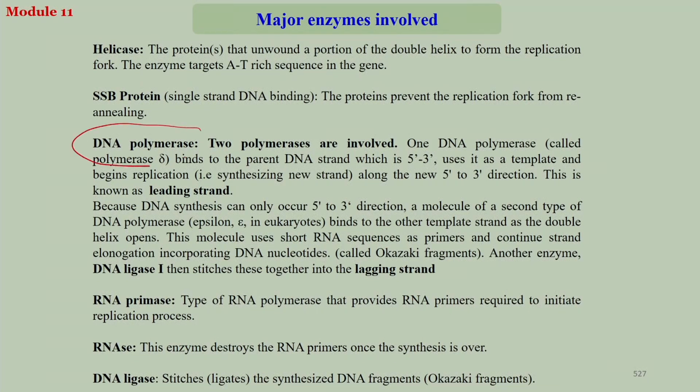The most important enzyme we have talked about was DNA polymerase, and you need 2 kinds of polymerase for DNA replication, one for the 5 prime to 3 prime strand, the leading strand, and the other for the lagging strand, that is the 3 prime to 5 prime strand. So, two types of DNA polymerase are essential for cellular replication of DNA, and then other enzymes, of course, RNA primase, RNase, or DNA ligase,